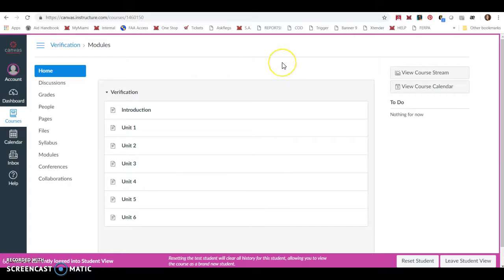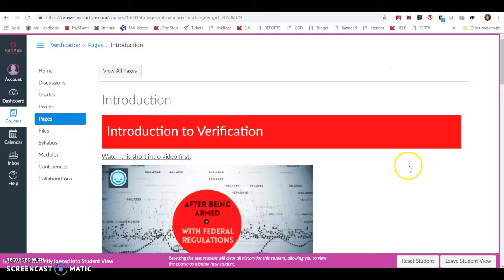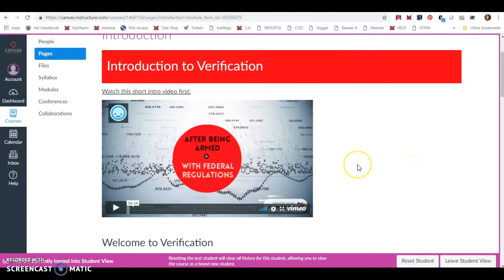So, as students log into the Canvas training course, the first page that they're going to come to is just this traditional modules page, and they will be instructed to begin at the introduction page and then go through each unit from there. So on the introduction page you can see that there's a small video,